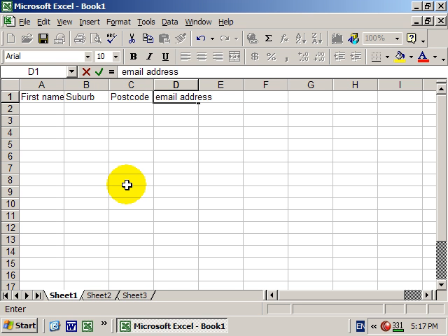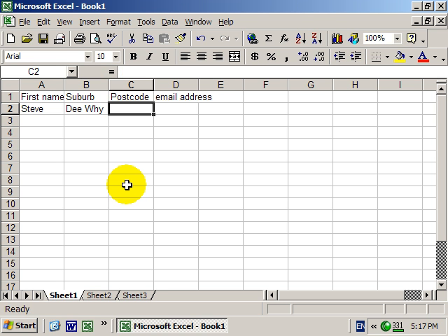If you have entered information the way I have, by going across the page pressing Tab, then if I press Enter now, A2 becomes the active cell. In other words, it goes down one line and all the way to the beginning, which is fantastic when you're entering data. So I'm going to type in Steve, press Tab, type in DY, press Tab, 2099, press Tab, and then